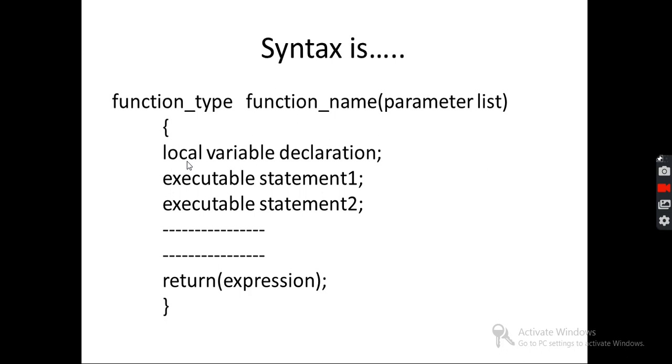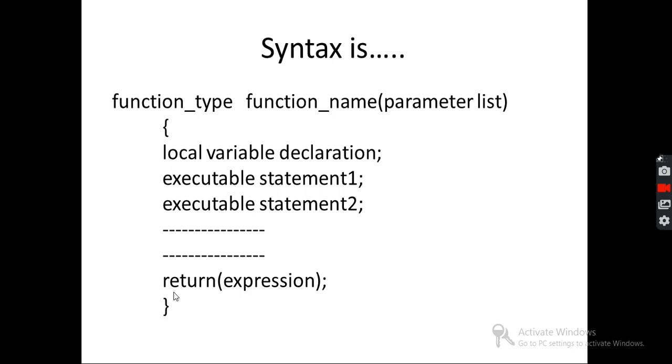Then, followed by that, we write the statements for the user-defined function definition. This function definition defines, or executes, the set of processes that the function is meant to do.